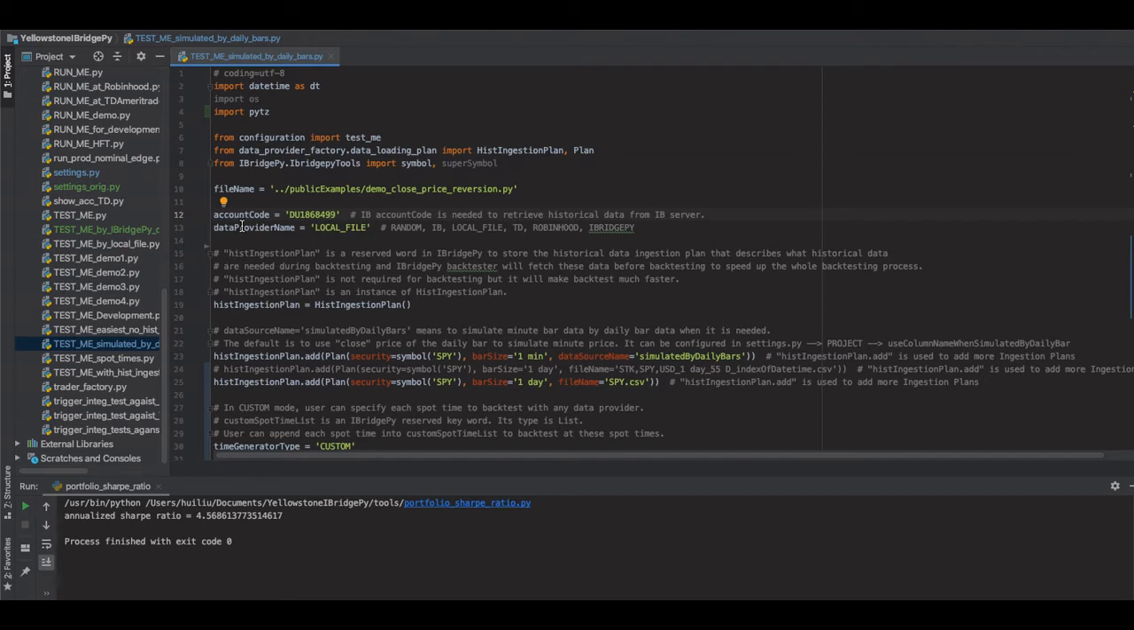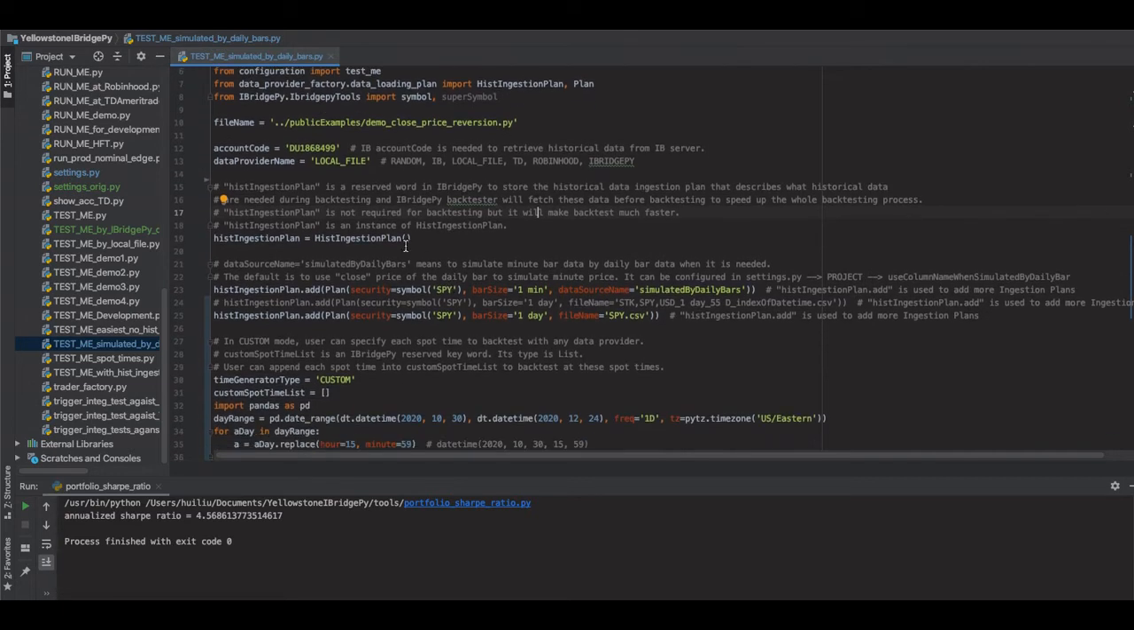Next line, data provider name. In this line, I use the value local_file, which means when IBridgePy backtester needs historical data, it will look for data supplied from a local file. Then I use the IBridgePy reserved word